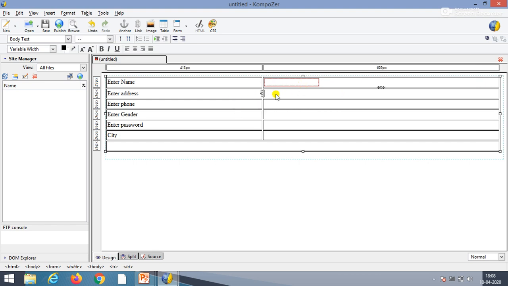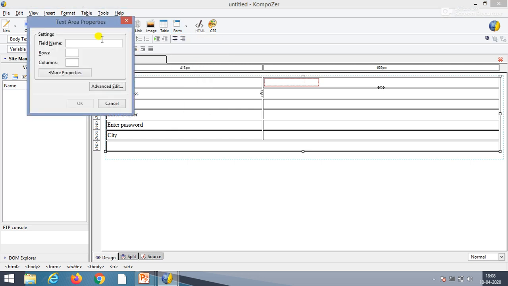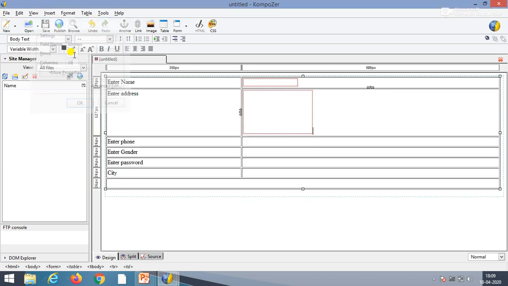Now for the address, we will insert the text area. So from the form property, we will select the text area, not in the form fields. Select the text area and give the name. Suppose I give address, number of rows, over here I will put 6, and in columns suppose 20, and then OK.